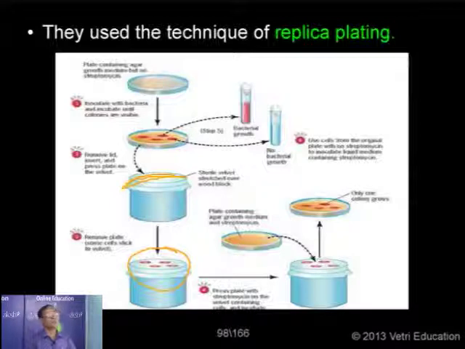Now this plate with streptomycin, or we can take for example penicillin, is called the replica plate. The original plate is without streptomycin, and this plate having streptomycin in it is called the replica plate. Now they inverted the replica plate and pressed it over the block, on the surface of which we already had the velvet cloth having some colonies of bacteria. So when this lid was pressed against the velvet cloth, what will happen? Some of the bacteria would stick to this medium with streptomycin.